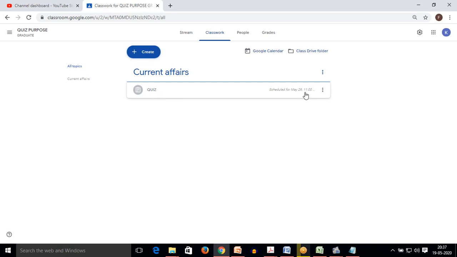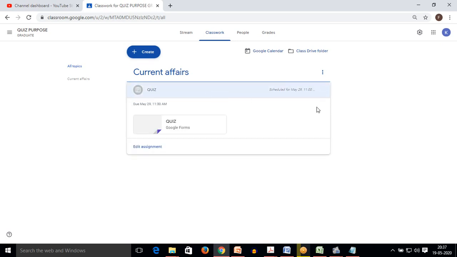If I had done it for the current time, it would be active, but it is not active currently; it is saved in the draft. If any errors or corrections are needed, or some timing scheduling is needed, we can use the edit assignment option for that purpose.